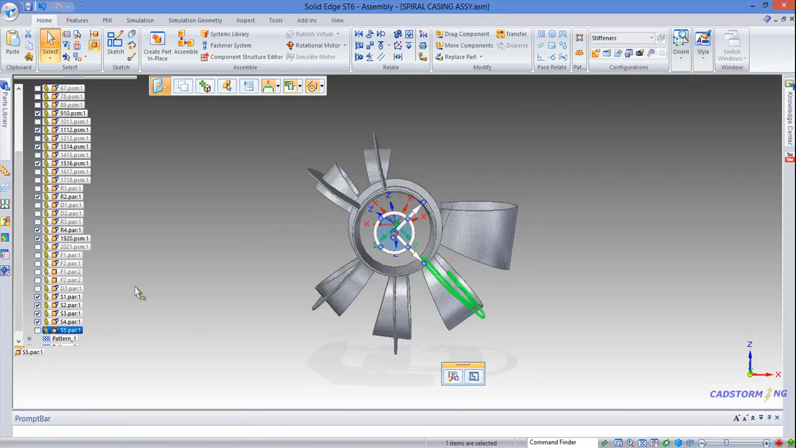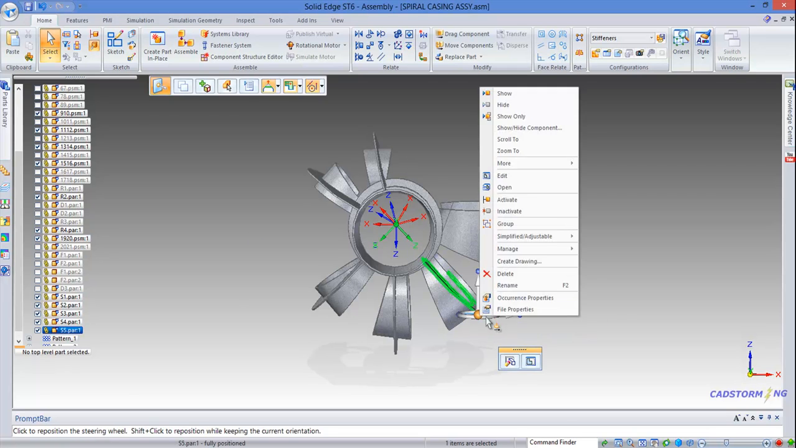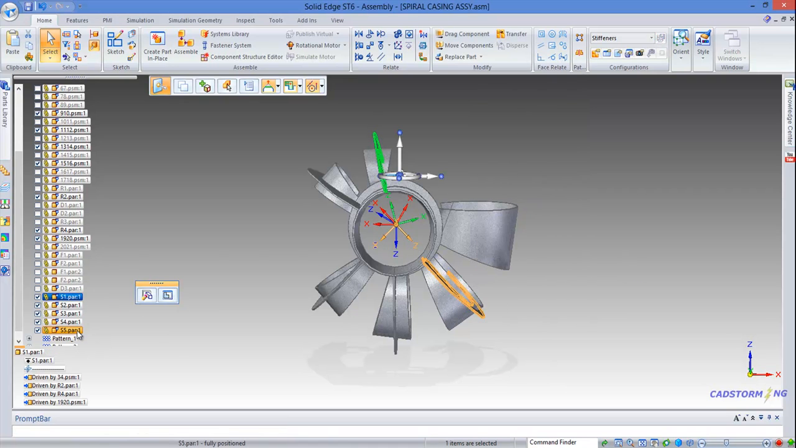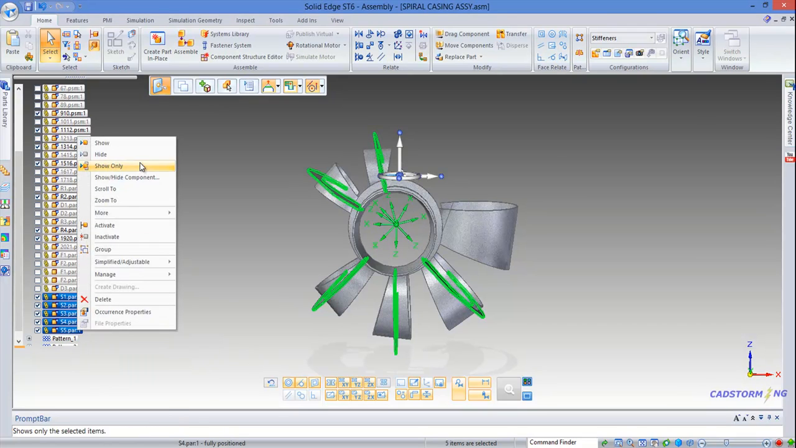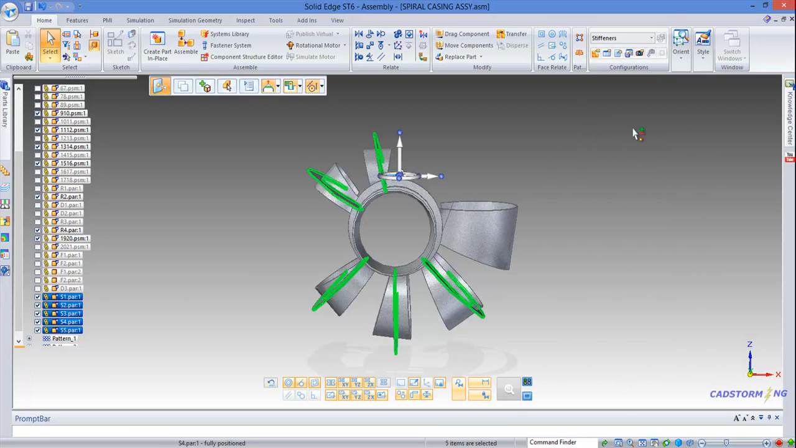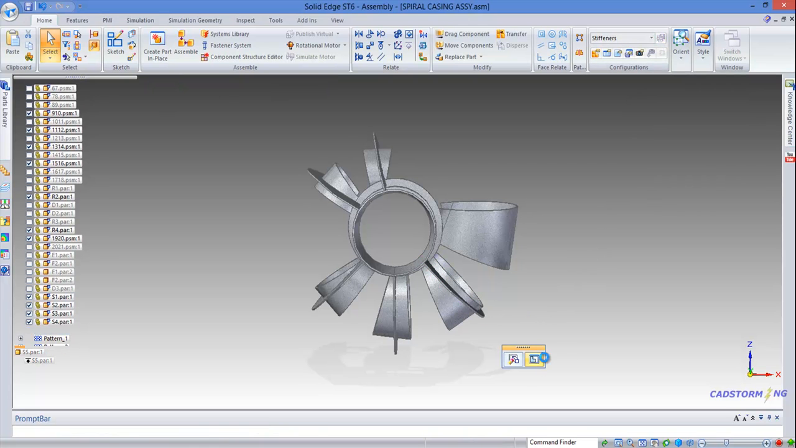my display configuration, also save, and make this component grounded. Now I can hide, maybe select all these components, show and hide components, coordinate system off, and deselect, save the configuration, and now we can jump in,